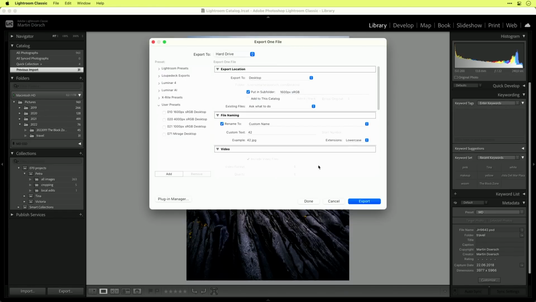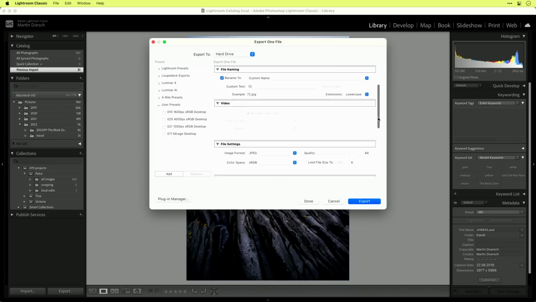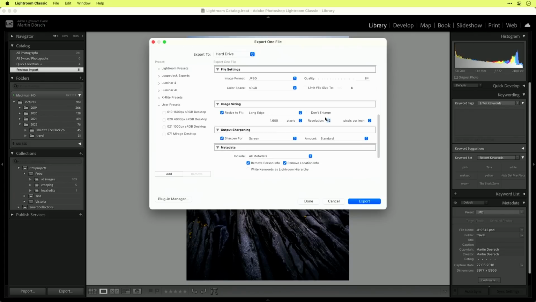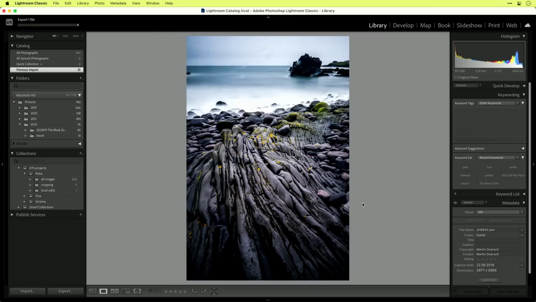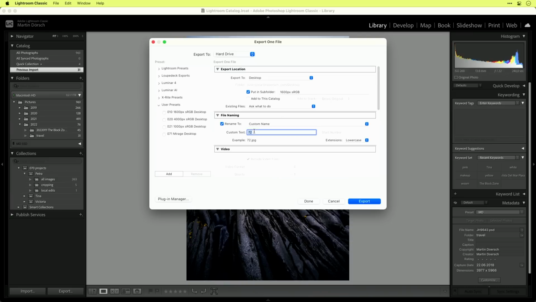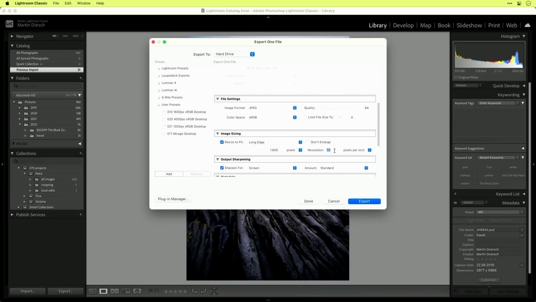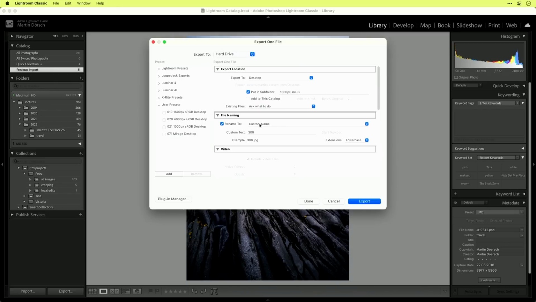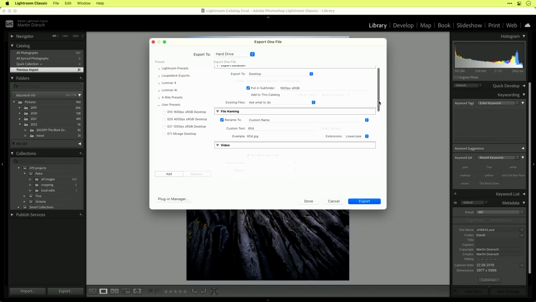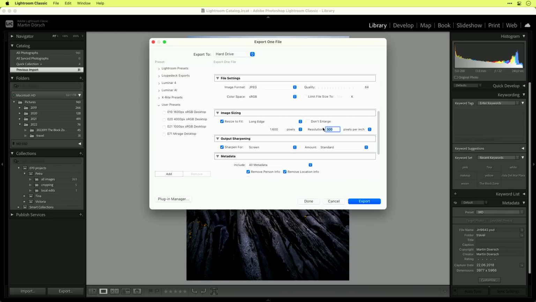Then I will go into the export again, and now I take 72, go down to the resolution in pixels per inch, and enter 72. Then again, now I will go with 300, because 300 is always good, they said, and I enter 300. Export. And then just for the fun of it I will go with 654, and set the resolution to 654.